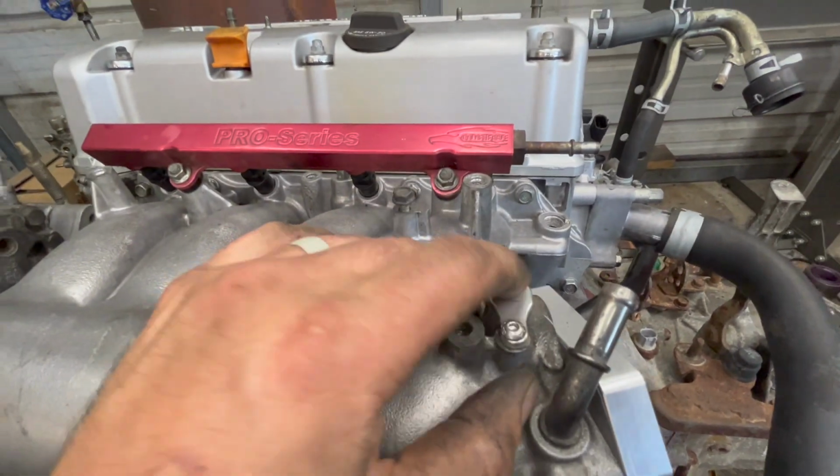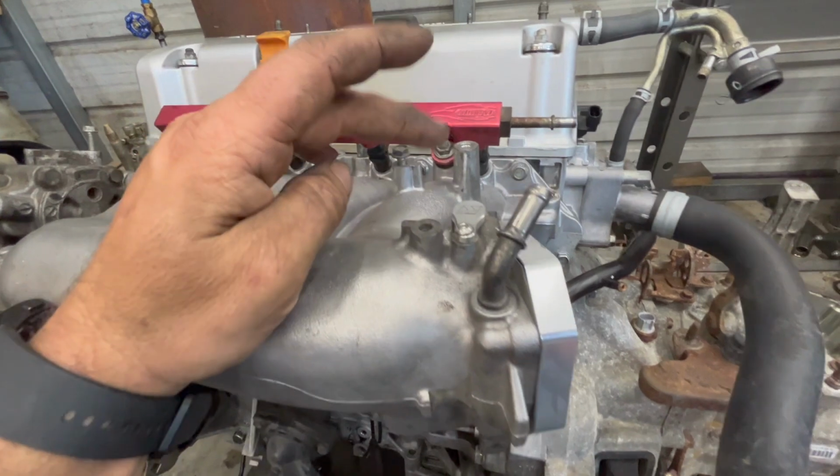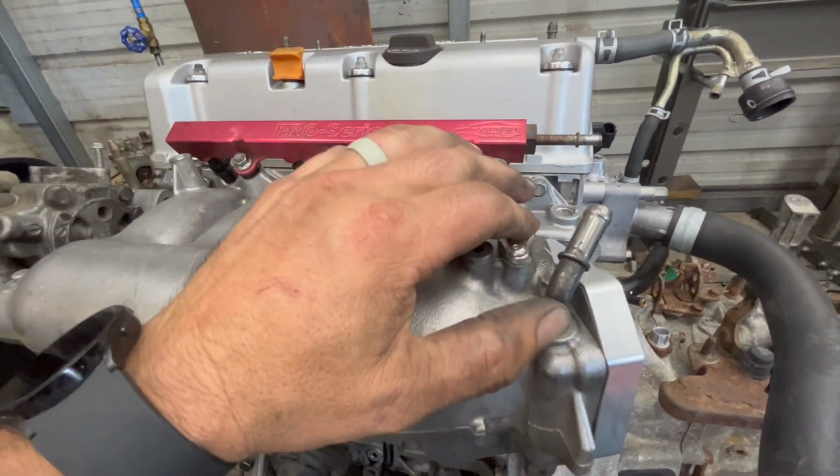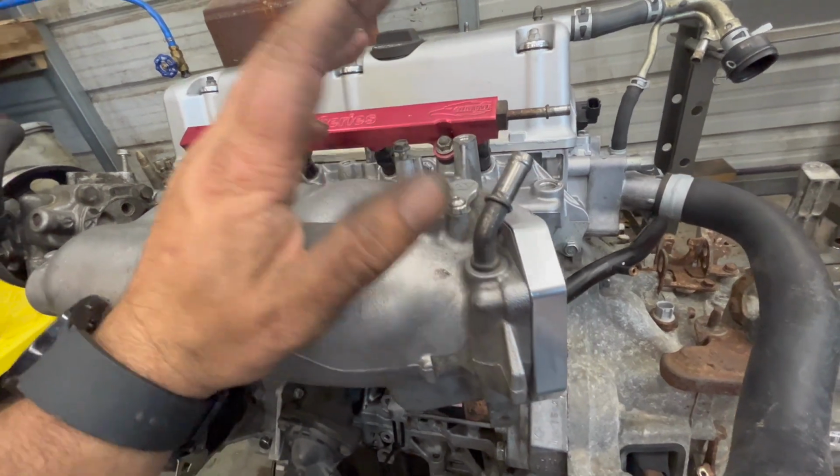Up here, we do have a K-tuned MAP block off because the MAP sensor will be on the throttle body. PLM does sell these also,